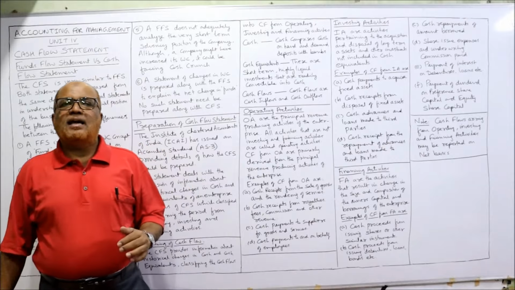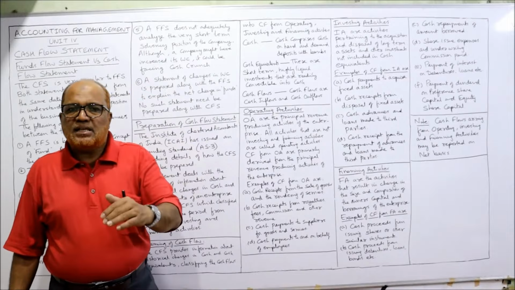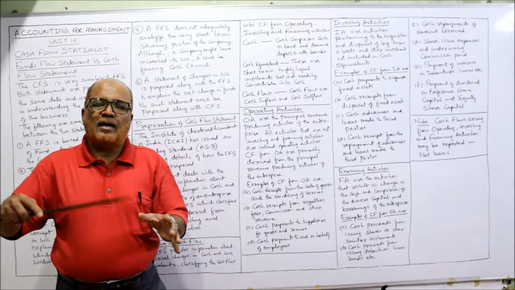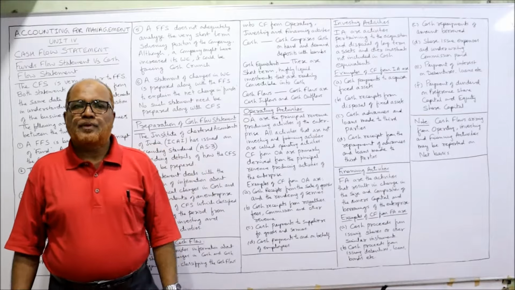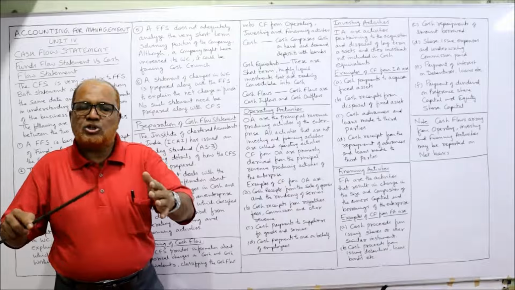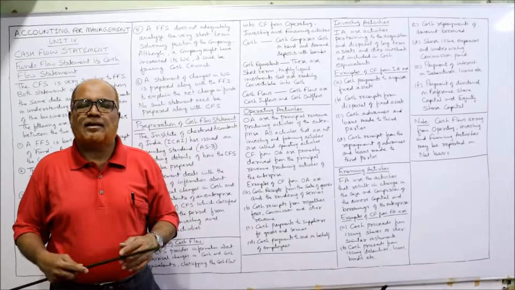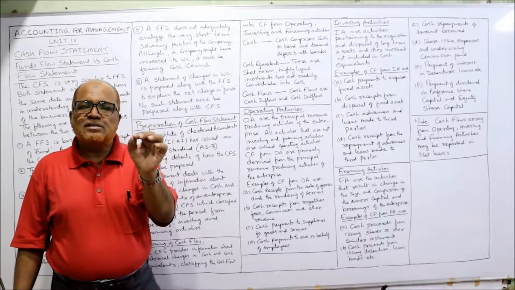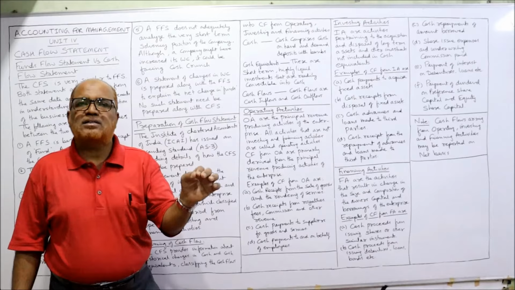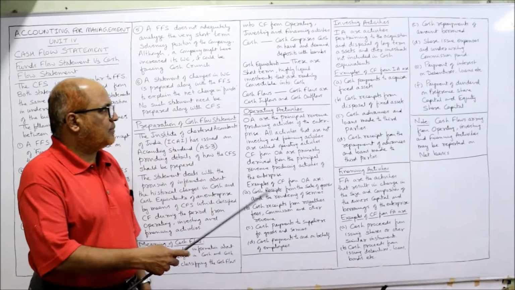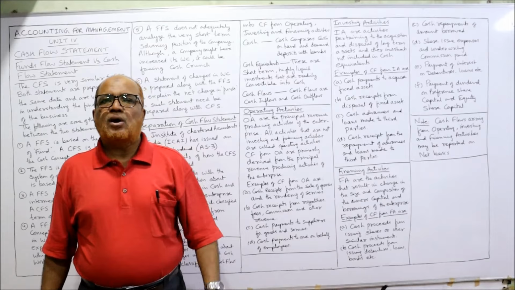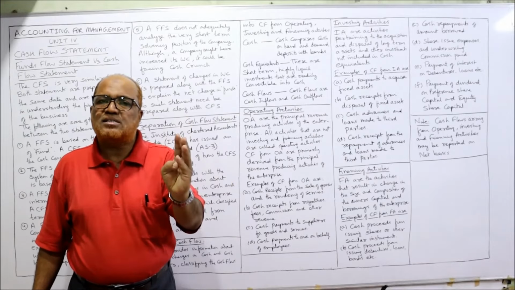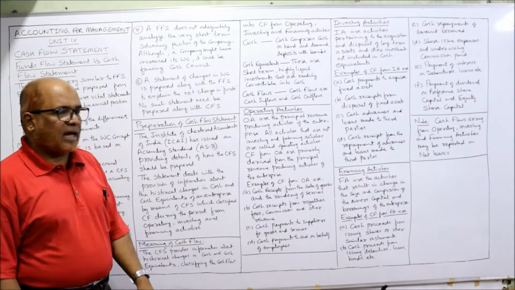Similarly, a company is engaged in steel, purchasing the steel and selling the steel. So all the activities relating to buying and selling the steel, all the cash inflows and outflows relating to it, that is called operating activity. In simple words, the main principal revenue generating activity is called operating activity, right? In other words, we can say all the activities other than investing activity and financing activity are called operating activity.